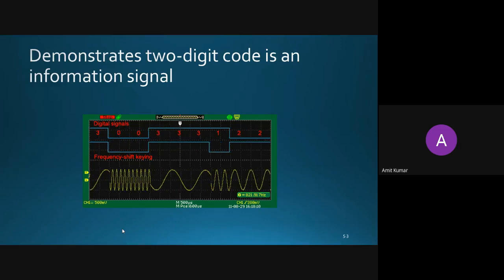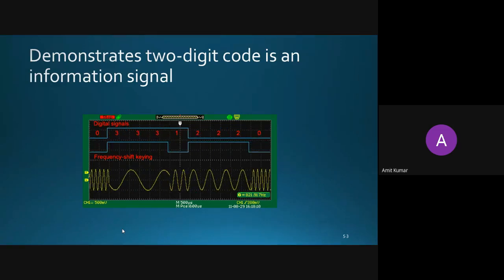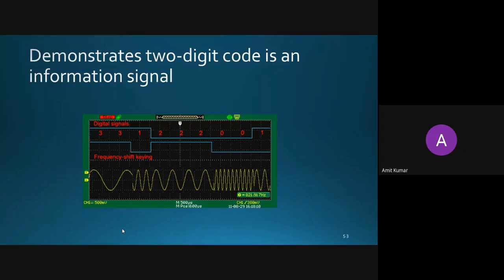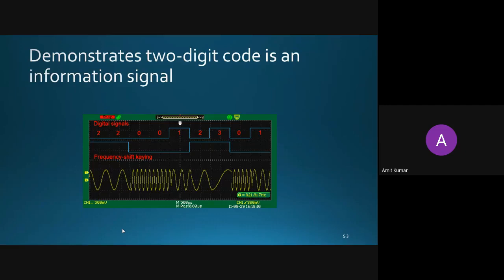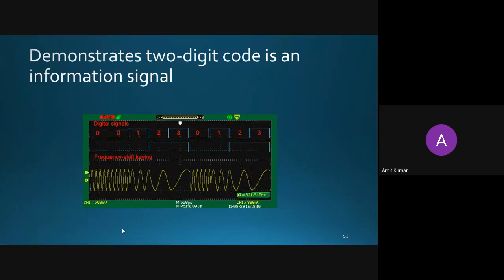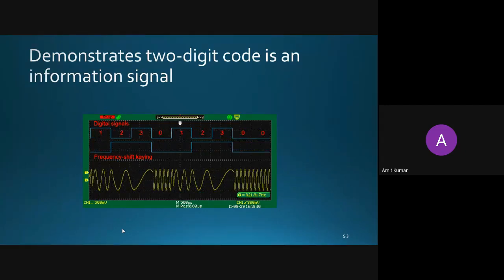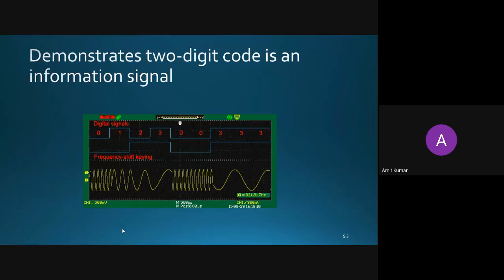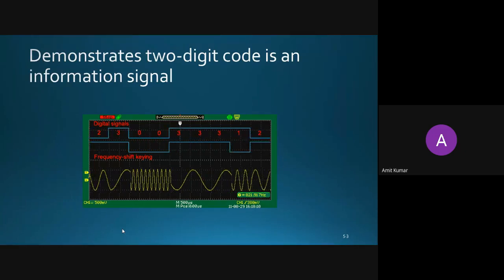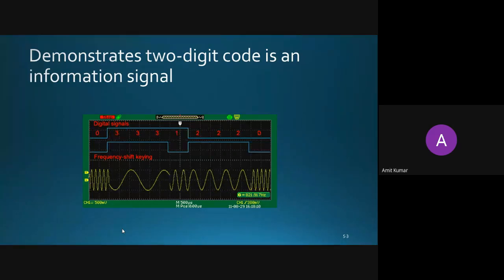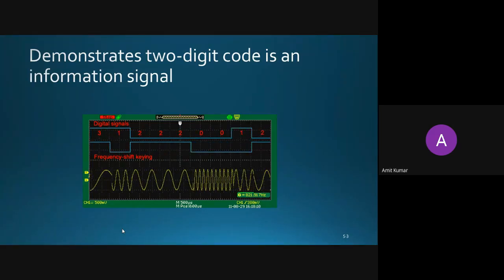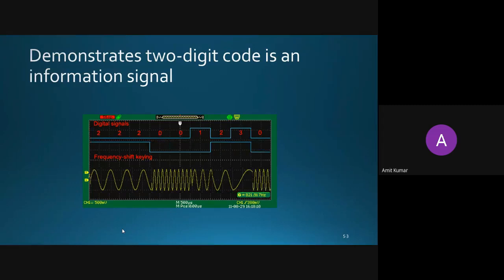First we will take Fc plus delta F1. Second we will take Fc plus delta F2. Third we will take Fc minus delta F1, and fourth we will take Fc minus delta F2. So we will have four frequencies with a deviation of delta F. Every frequency will be deviated by an equal amount. So you will get four frequency components in your output.